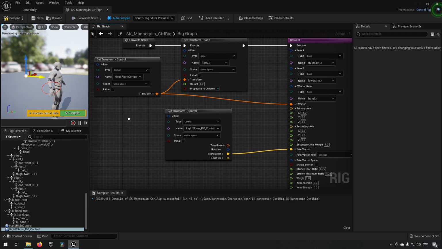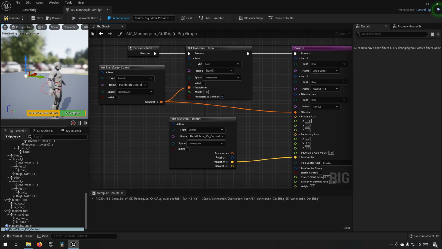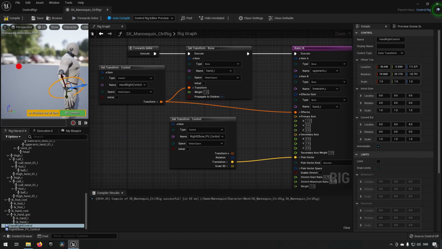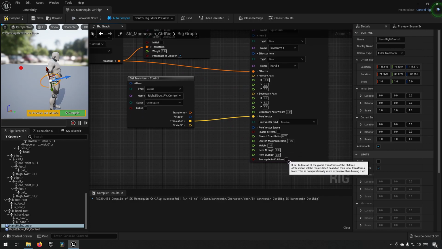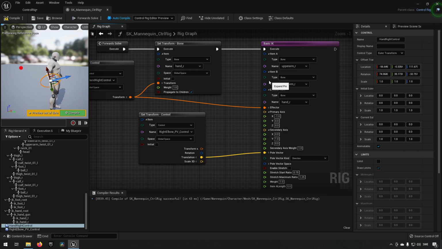Okay, now from here, if we take our control for the hand and we start moving it now, you can see that it's moving better for the upper arm, but the lower arm is still a bit broken. Control G to reset that. We also need to make sure that we're propagating to children here now. For this, inverse kinematics is